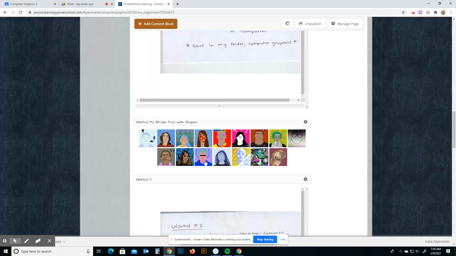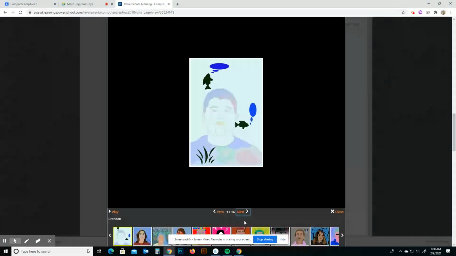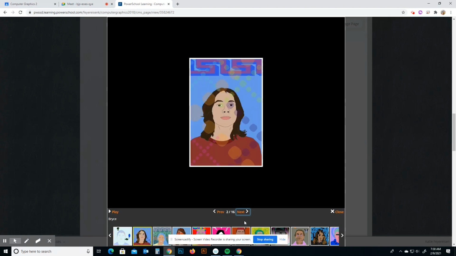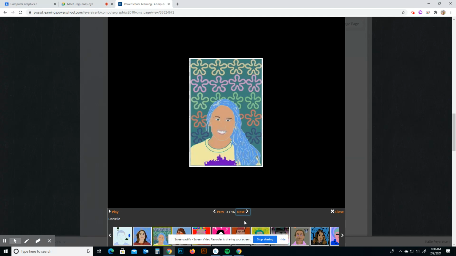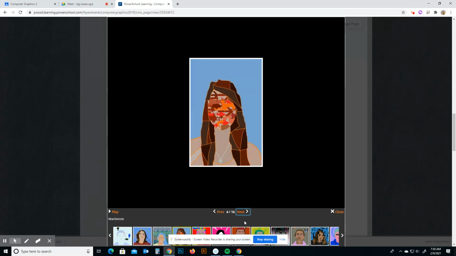layer. You're going to use the brush tool again, but I want this to look different than your Warhol #1. So I want you to use a different looking brush tool. I want you to use different colors than you did for Warhol #1. And then I want you to add shape into this one, okay? So whatever that means to you, as I scroll through here, you can see there's lots of different variations of